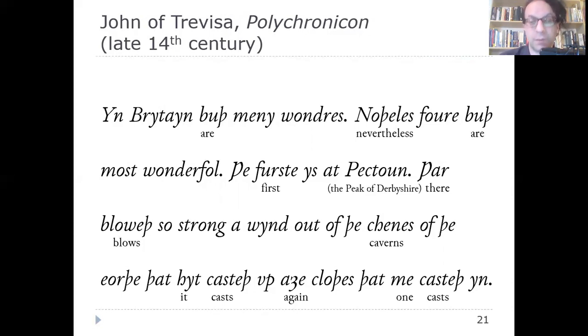You also see what I mentioned earlier, the importance of prepositions: out of the caverns of the earth, right? In earlier stages of the language, you would have had genitives, plural datives there, but you wouldn't necessarily have had so many ofs, and then always of the, right? And it's almost as if this can't really change its form anymore. Yeah, okay, so just to illustrate what Middle English is like,